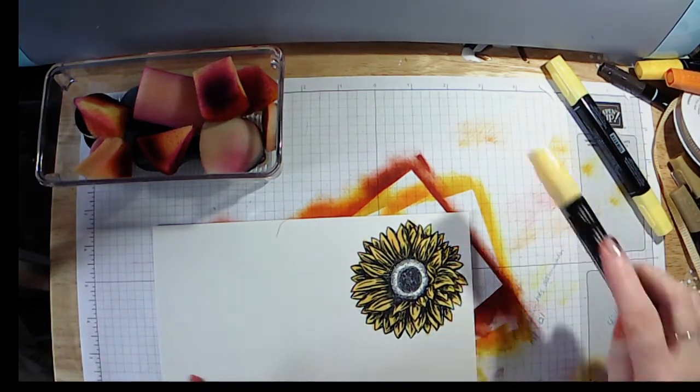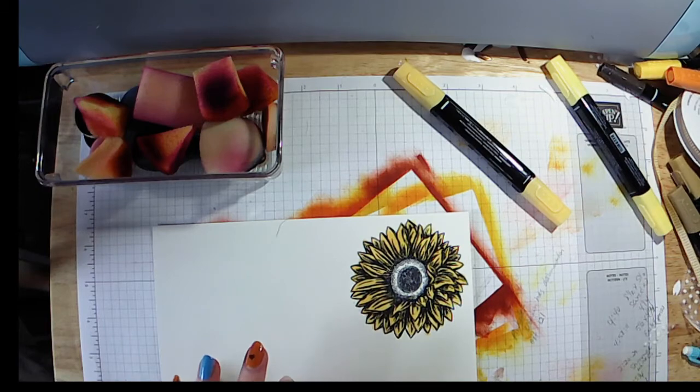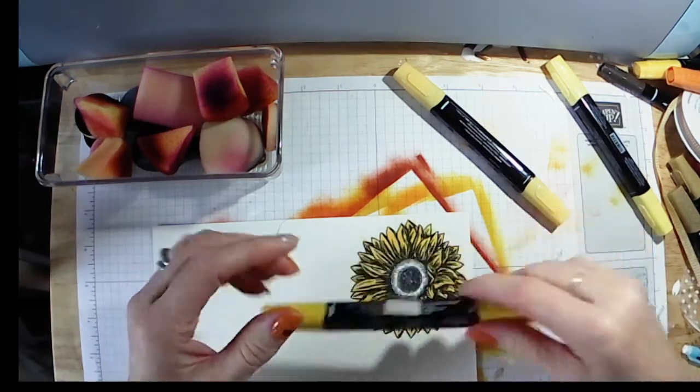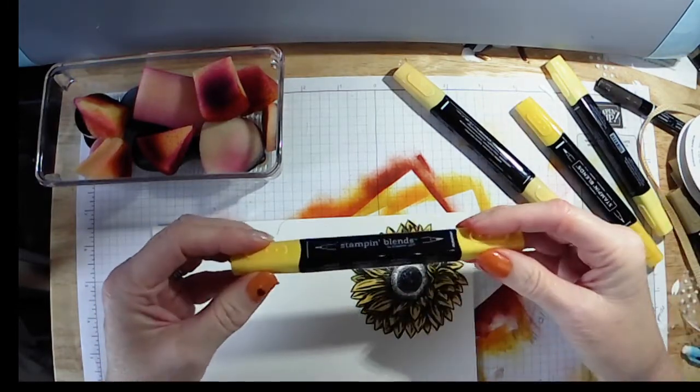So alright, I have got all of my So Saffron. I use the dark on this one. So I'm going to go next to Daffodil Delight, and I'm going to use, that's Mango Melody. Where's my Daffodil Delight? I'm going to use the dark Daffodil Delight,